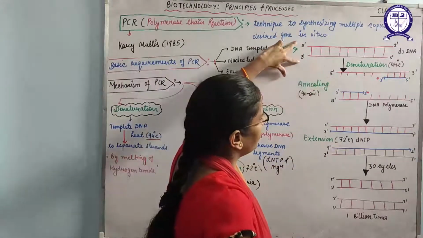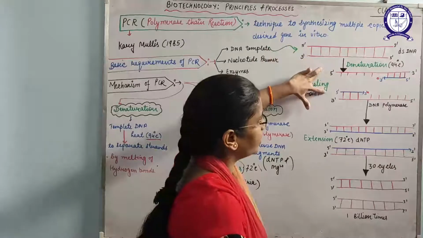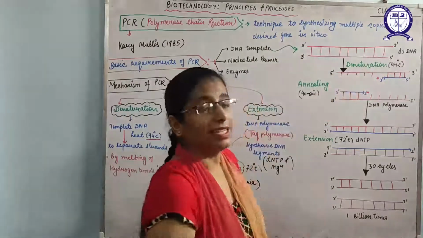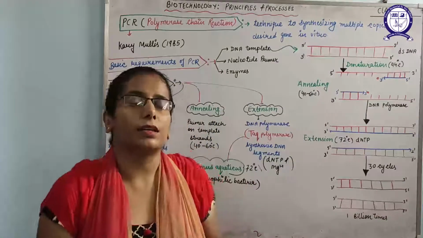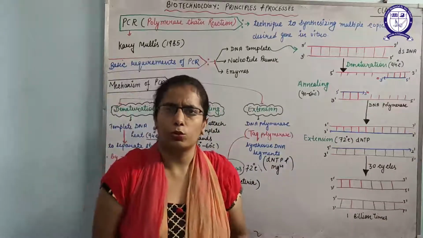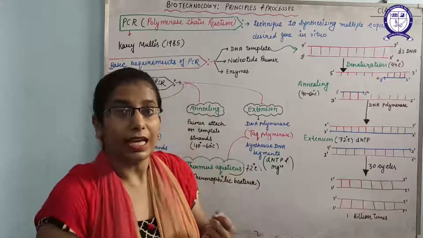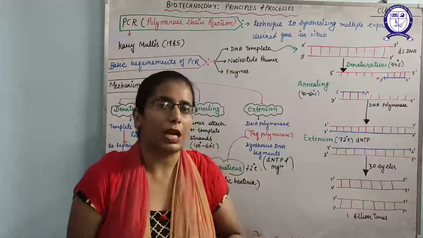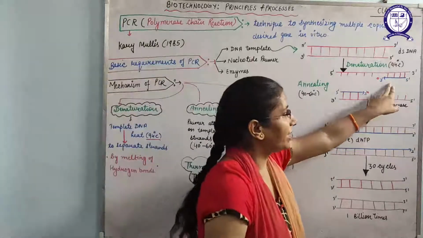So both the strands that we have taken here, these are separated here. So this step is known as denaturation. Second is the annealing. Annealing means to join. To join what? Yes, we have taken the nitrogenous bases, primers, that are oligonucleotide primers that will attach on the